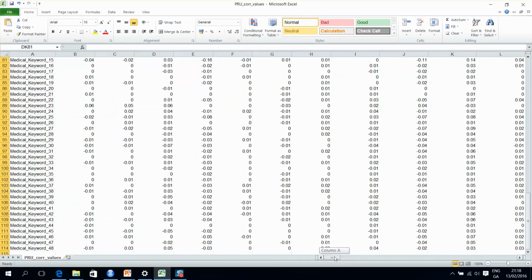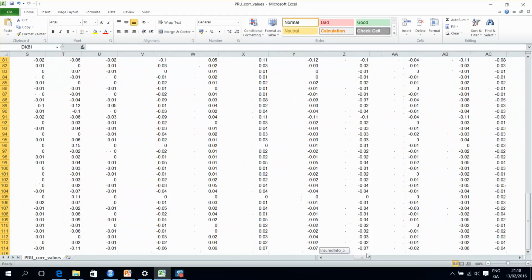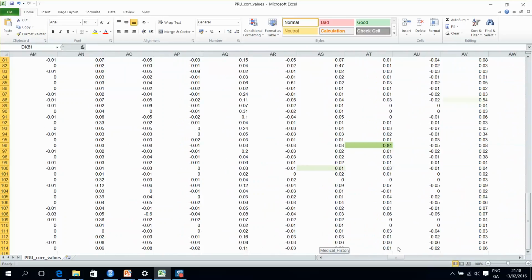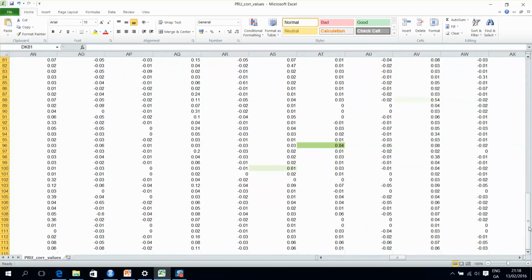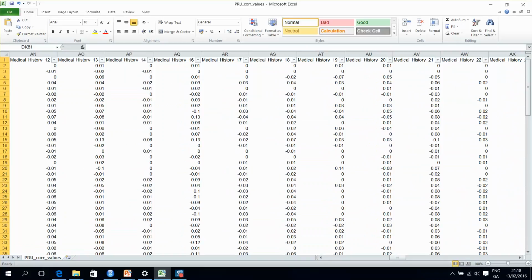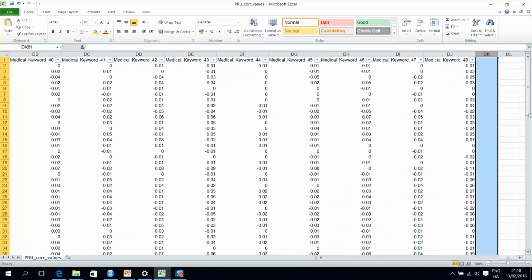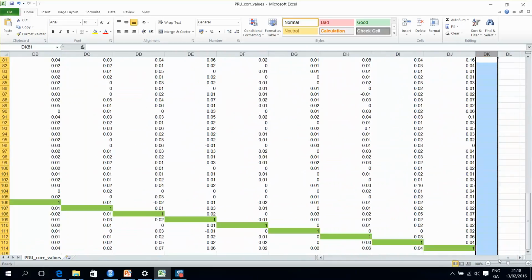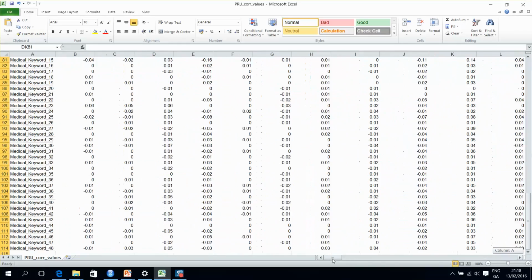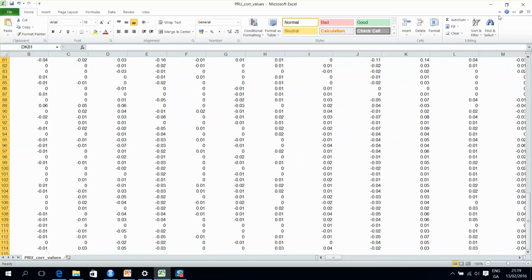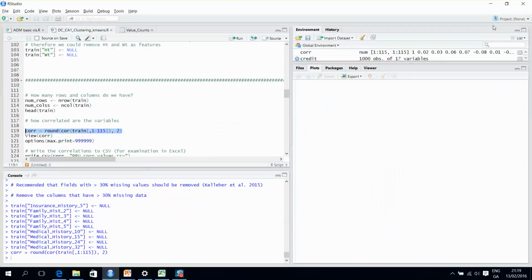And I have changed the color of the values that are between 0.8 and 1. And we see that there are very few variables in the data set which correlate, so we don't really have much of an opportunity to reduce our data set size. So returning back to the R script,